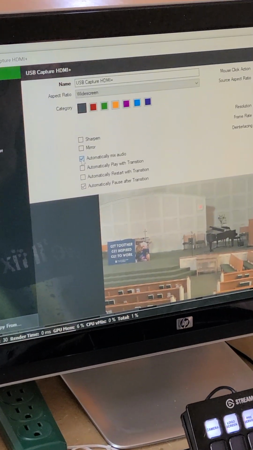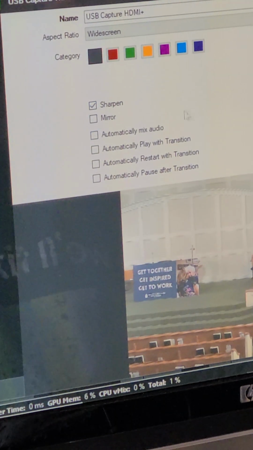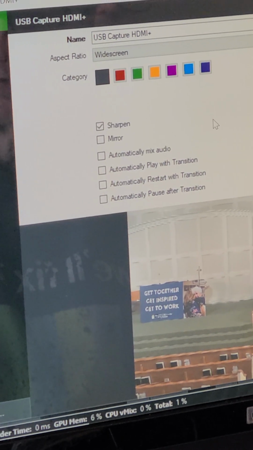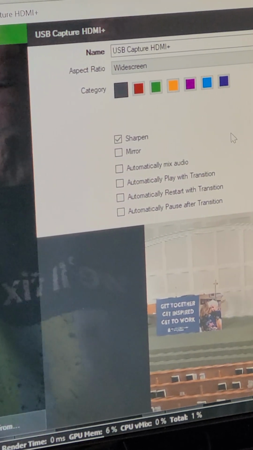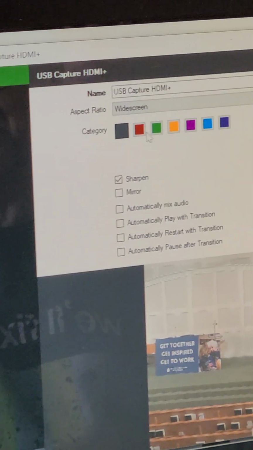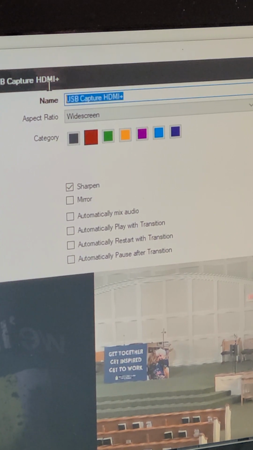Uncheck all these boxes because you don't need these. What I usually do, and there's a reason why you pick the category tabs, is because you can actually isolate those. So I usually put the burgundy there,